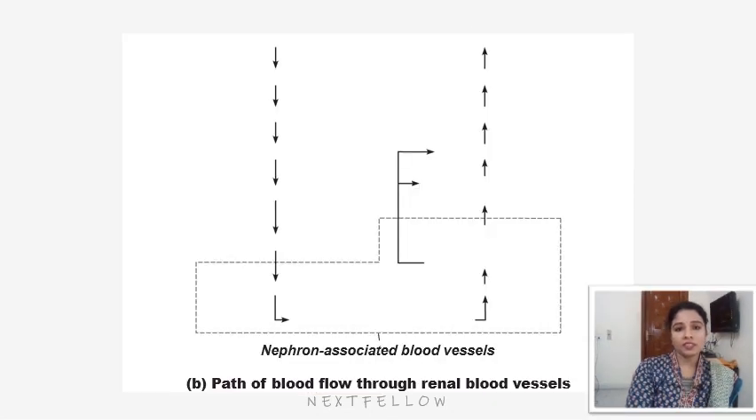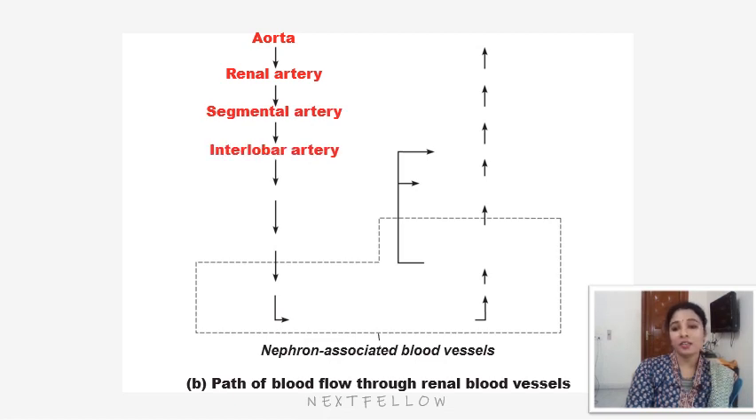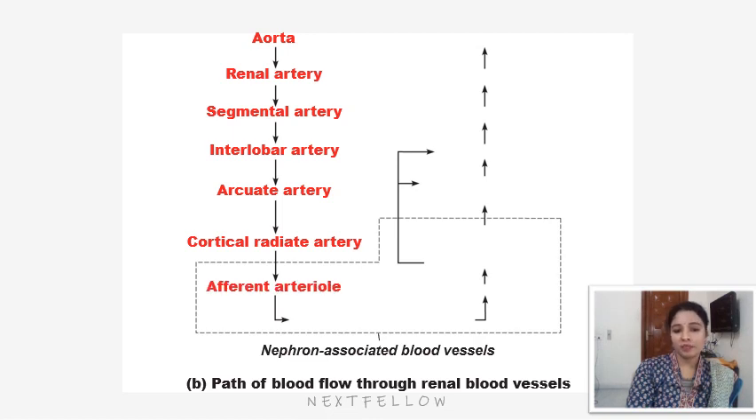So venous drainage. Starting from the blood supply, the aorta gives rise to the renal artery. The renal artery divides to form 5 segmental arteries, which are end arteries, and segmental arteries divide to form interlobar arteries, then they divide to form arcuate arteries, then cortical radiate arteries, then finally afferent arterioles, then